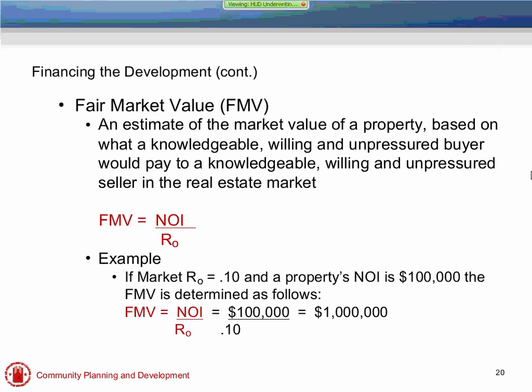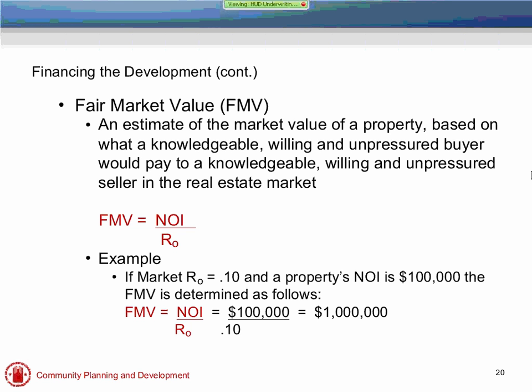It's going to vary a great deal also between metropolitan areas. Very strong housing markets like the ones that we have on the West Coast and the East Coast tend to have lower capitalization rates than more flat housing markets like a lot of those in the industrial Midwest. But the way that appraisers arrive at the fair market value of income-producing properties is to compare the property's net operating income with a capitalization rate that they see as typical in the marketplace.